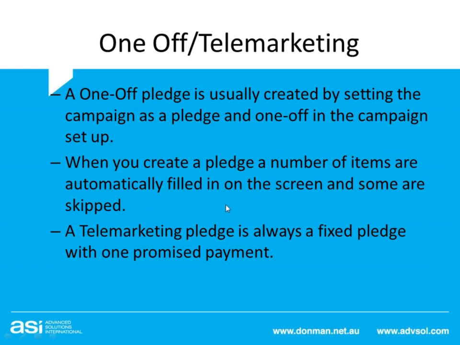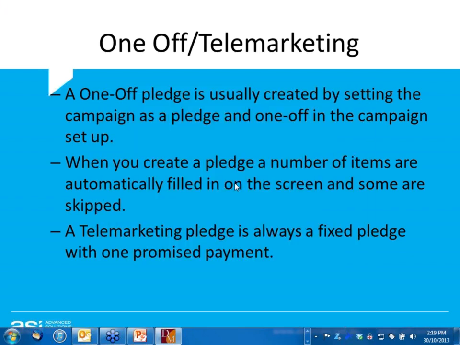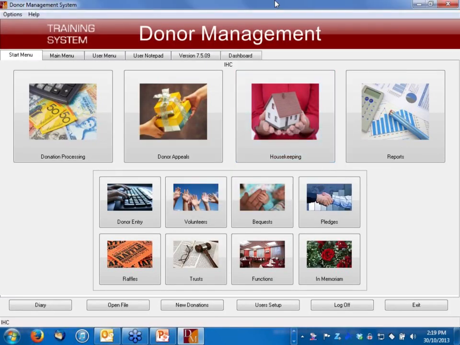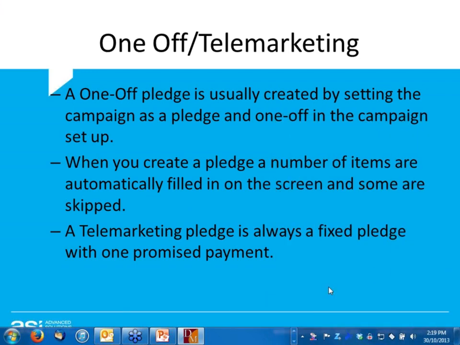Okay, one-off. Here's where you can use a one-off when you're not doing telemarketing. Normally, in Donman, you can only have one sort of campaign.